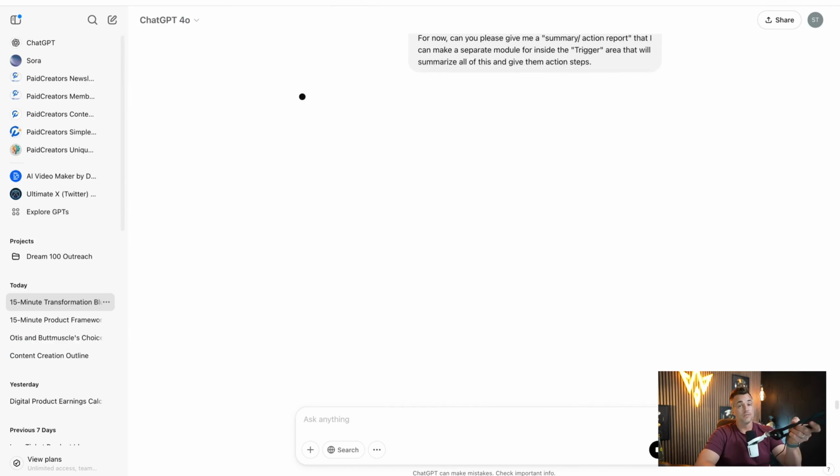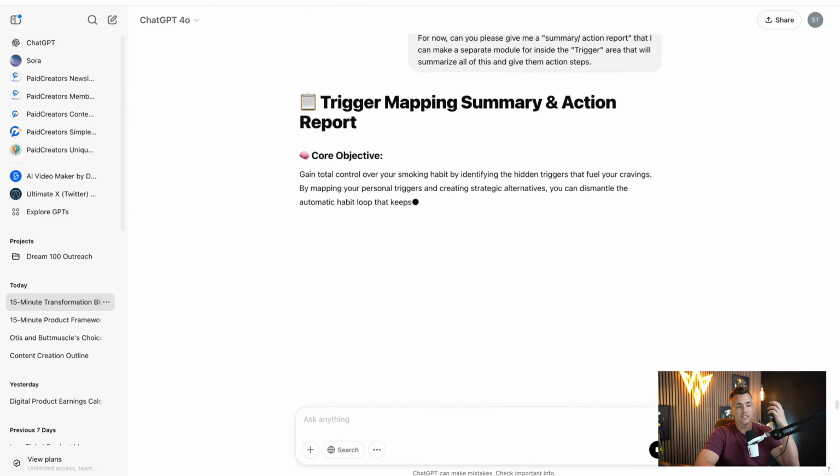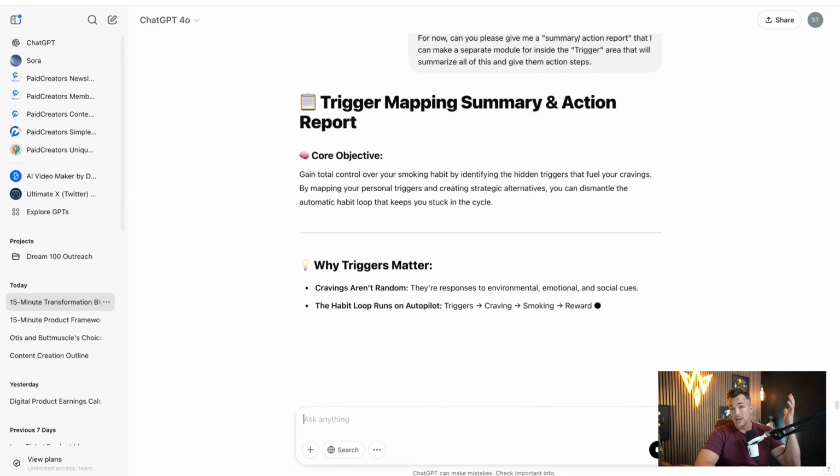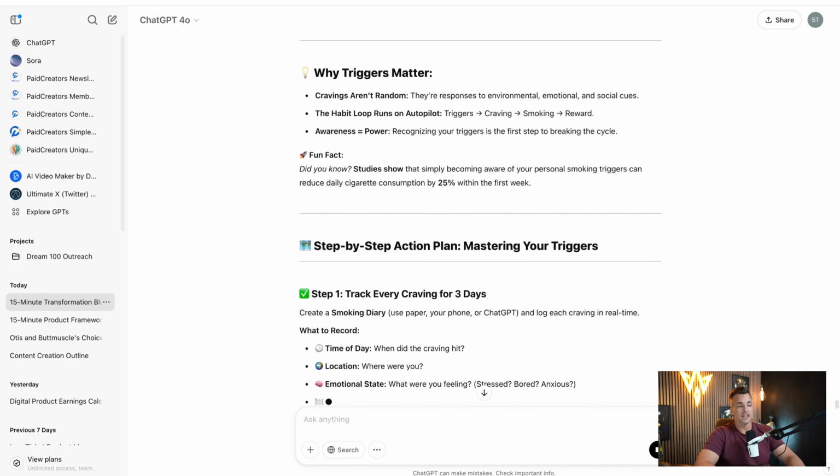Okay, so this is prompt engineering, guys. That's all we're really doing. We're not having to be geniuses. I haven't quit smoking in a very long time, so I will not say I'm a professional. I will not tell you that I've done it more than once. I've only done it once. I failed a bunch, did it once, but I could easily create a product in this space that will help other people. And I think that's what's amazing.